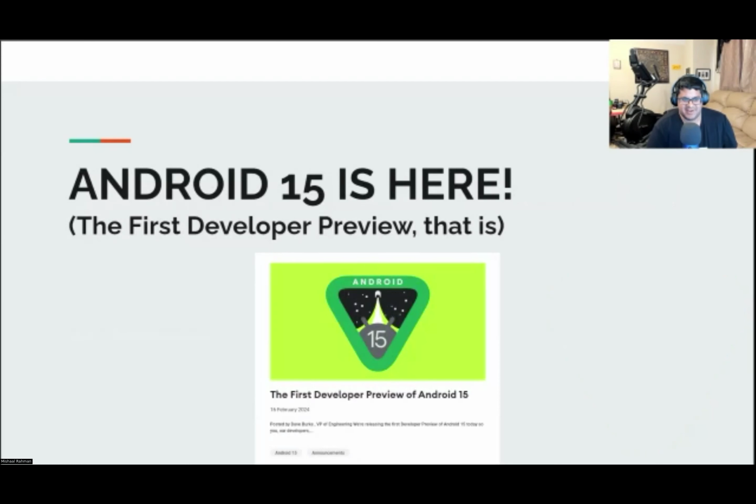So Android 15 is here, at least the first developer preview. Google kicked off the developer preview program last month, but as usual, they haven't shared the new platform source code or most documentation for the new APIs or vendor changes. Since I don't work at Google, the amount of information I can share about some of the changes I'll be talking about in this presentation will be limited, so just keep that in mind as I go through these slides.